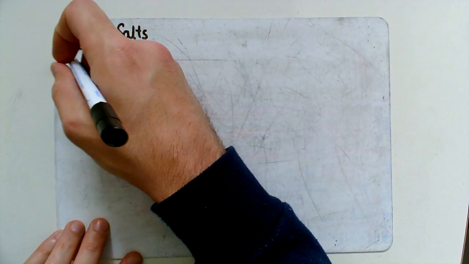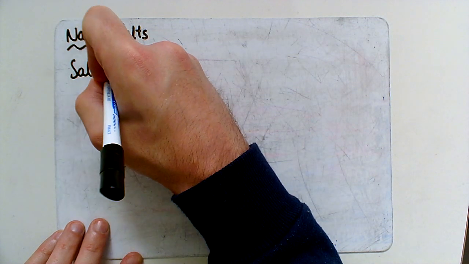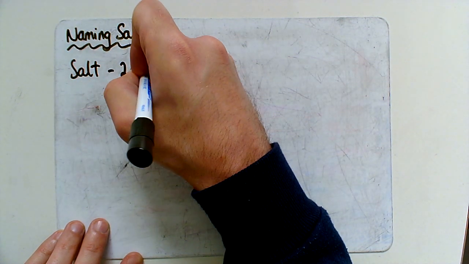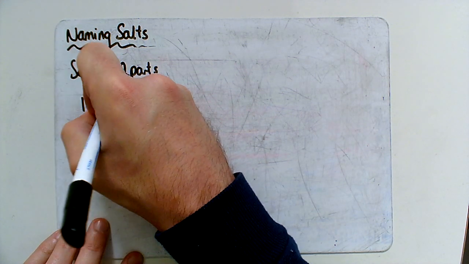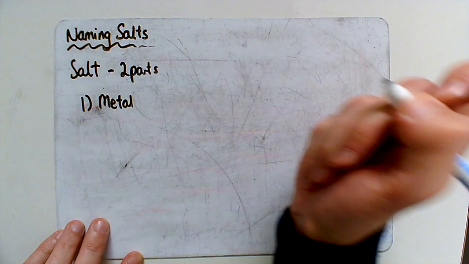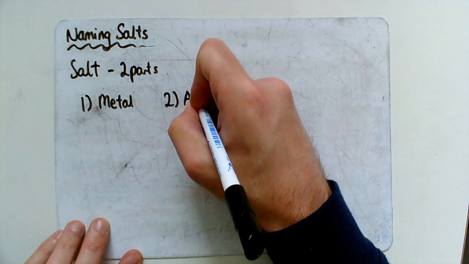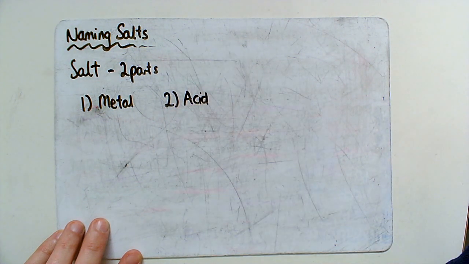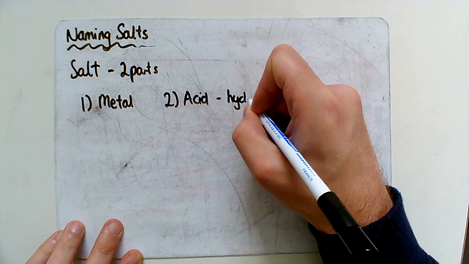Now with this, the salt, as always, name has two parts. Part 1 is going to be the name of whatever metal is reacting, and then part 2 comes from the acid. So, for example, hydrochloric